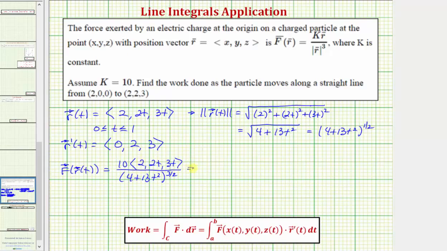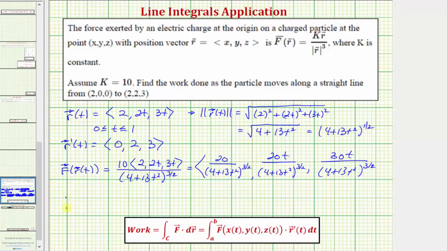Let's write this as an x-component of 20 divided by the quantity 4 plus 13t squared to the 3/2, a y-component of 20t divided by the quantity 4 plus 13t squared to the 3/2, and the z-component would be 30t divided by the quantity 4 plus 13t squared raised to the 3/2,